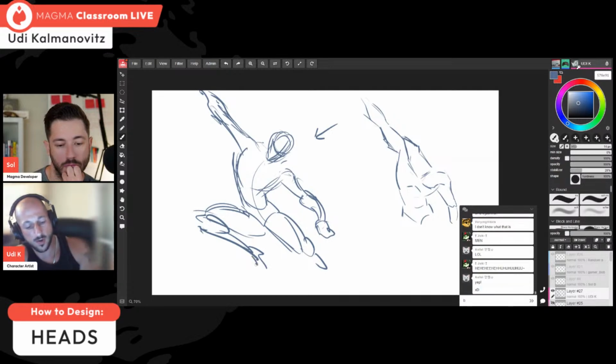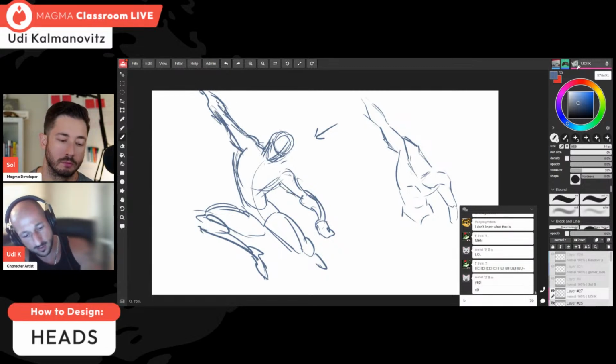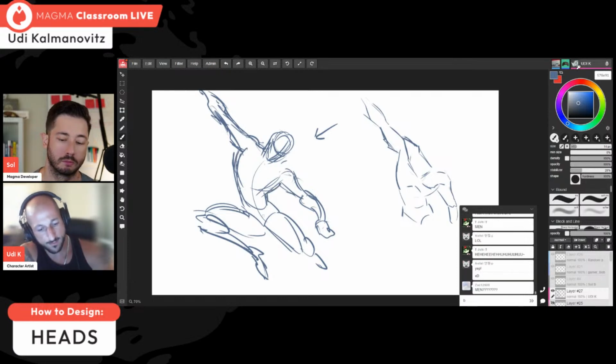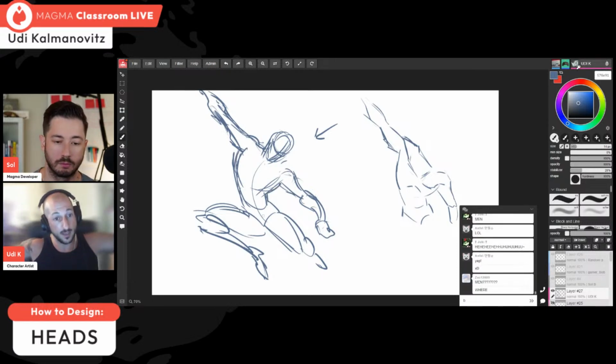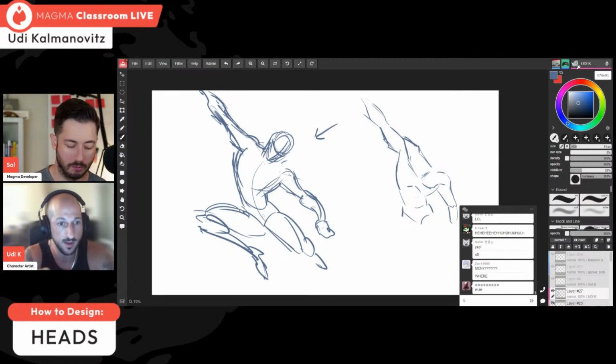You can squint a little bit, and you can see if you like the overall flow of what you did, the gesture and the proportion, and how things are starting to come together. And if you have any problem with the complete body, you will actually find it out here,